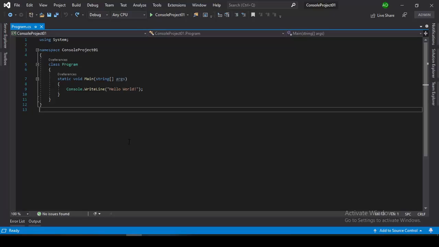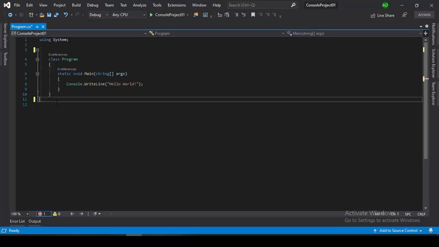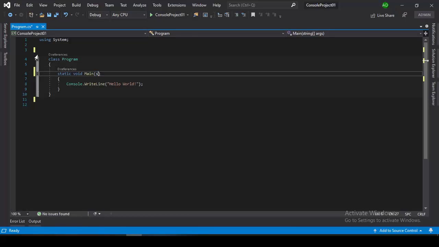So let's make it as simple as possible. Let's leave only the basic required lines of code here and get rid of the others. I will remove these lines, and I will also remove this parameter for the Main method.